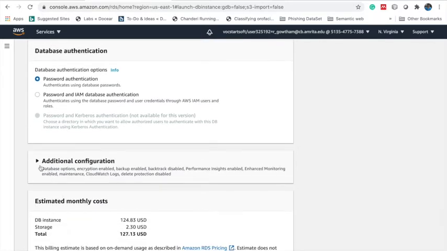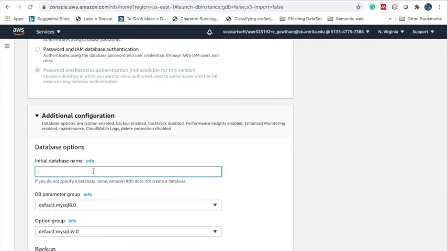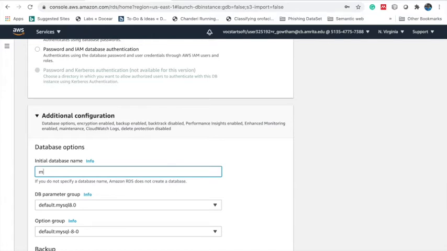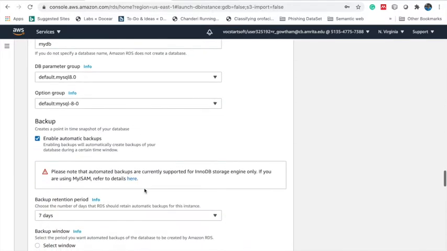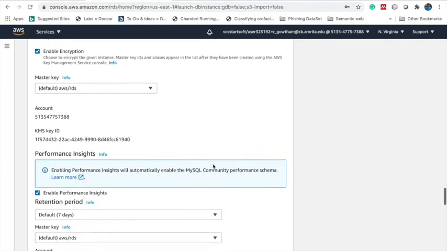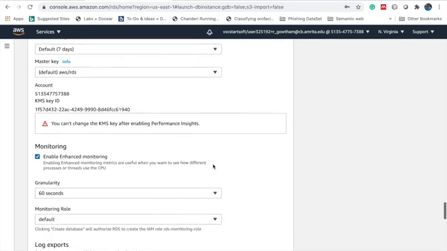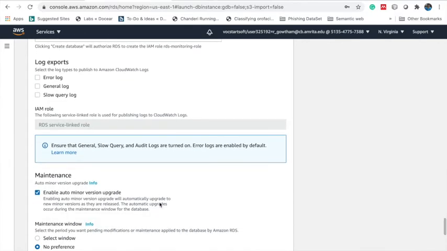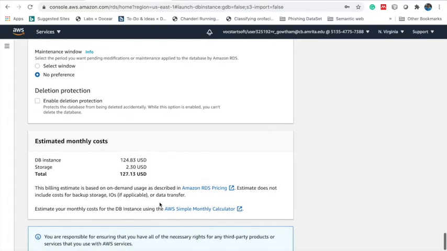Go to additional configuration. Here you can specify your initial database name. As part of this tutorial, I'm going to specify MyDB. I'm going to leave enable automatic backup unchecked, and the remaining options I'm going to take as default.